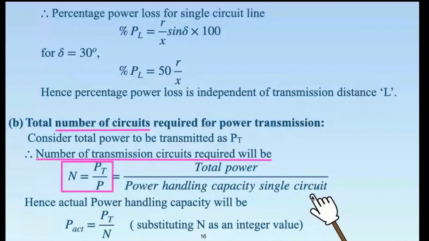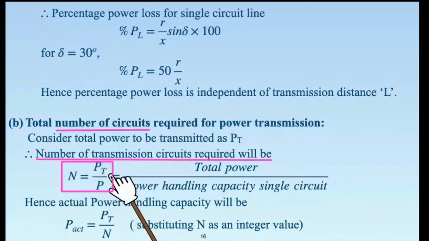Okay, but let us come to a situation wherein you would like to transmit a power which is not exactly an integral multiple of what power handling is done by a single line. Let us say here it is not 500. Rather, let us say this is something like 600 or 650 megawatt, isn't it? And the denominator is 250. 650 by 250. If you try to calculate, this will come out to be something like 2.2, 2.3, 2.4 like this. Okay. So 650 divided by 250.